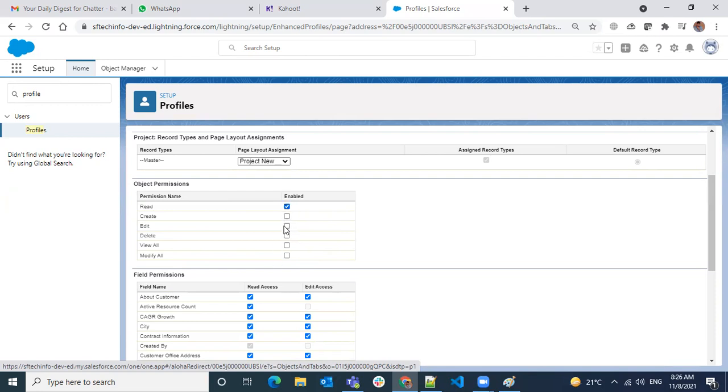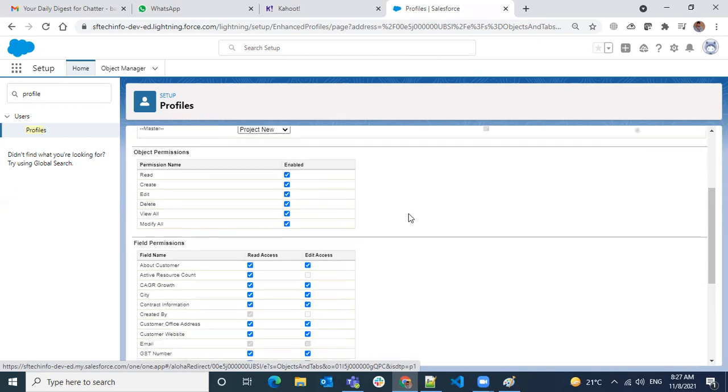You can give any one of these, but when you select view all or modify all, it will automatically give you whatever access is required. Create doesn't require a record level permission, so at the object level that's going to give you the access. But view all and modify all are going to override your record level security.